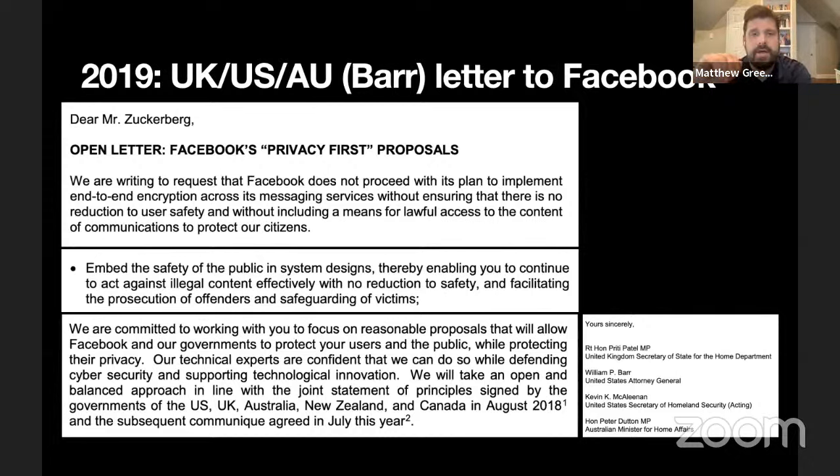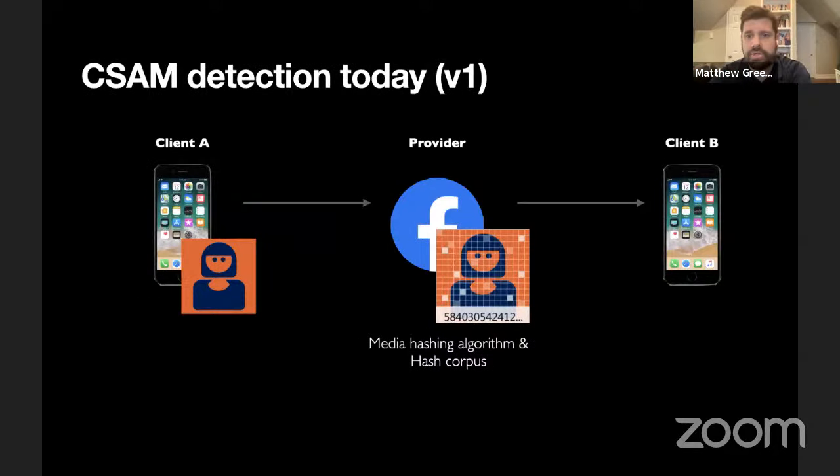And I think for this audience, probably much of this history is not necessary, but I want to just go over the very, very basics just to bring us to a point where we're at least all on the same page. I want to show you briefly, hopefully you can see this, what CSAM is, child sexual abuse media, and what the CSAM detection infrastructure looks like today in unencrypted messaging and data sharing systems. Many of you are already familiar with this. Generally speaking, when I send a message through a system like Facebook Messenger, which is not currently by default encrypted, what happens is my client sends that image up to a server.